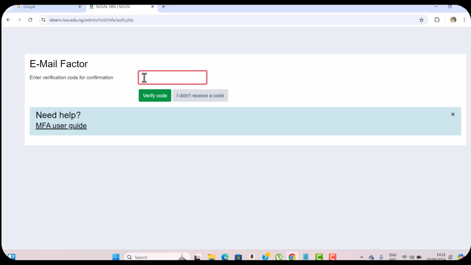So what they should do is go to their email address, which is their noun email address, and get the 6-digit code sent to them. When they put in the code, they click on verify code, and after doing that,